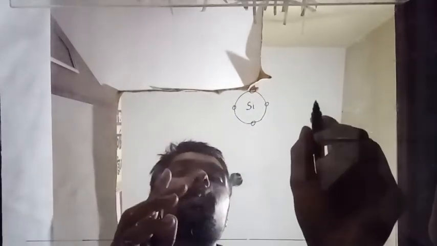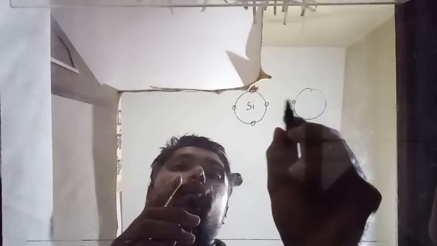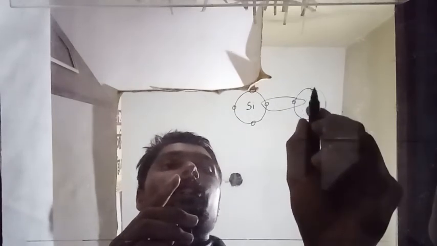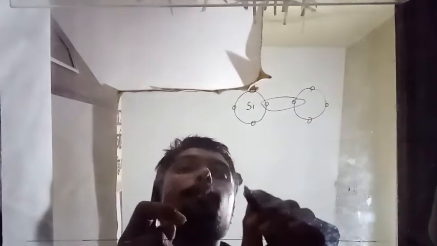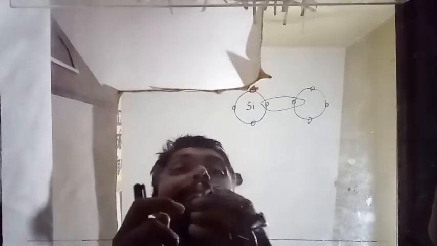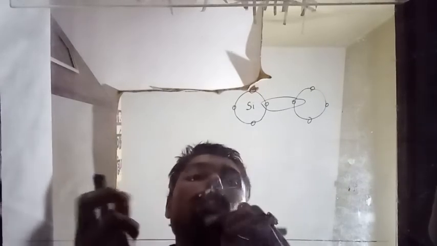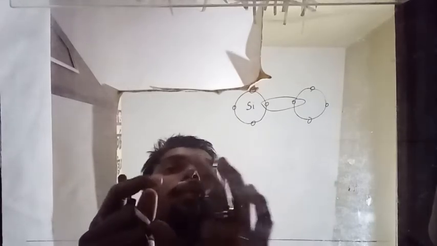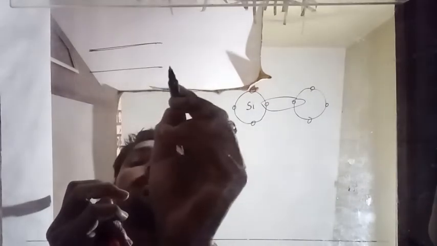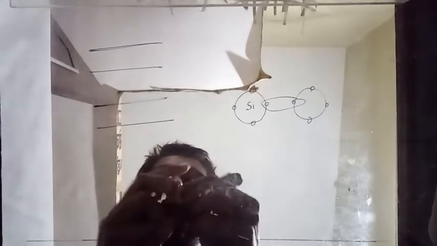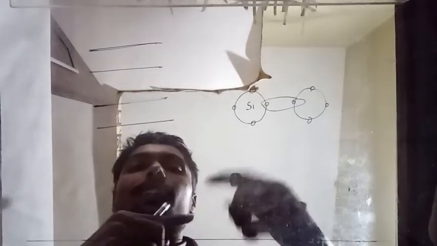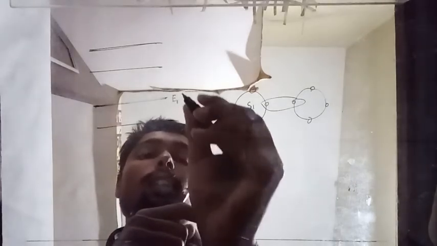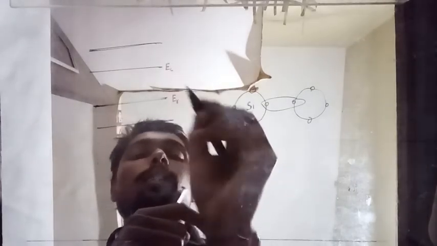But when other silicon atoms come and make a bond with this one, they also create bonding with that one. The attractive and repulsive forces get disturbed. So what happens? They create a band. You would have heard about that. This is the valence band. The top of the valence band energy is called EV, and the lower edge of the conduction band is called EC. And up to this level, the electron can move freely.